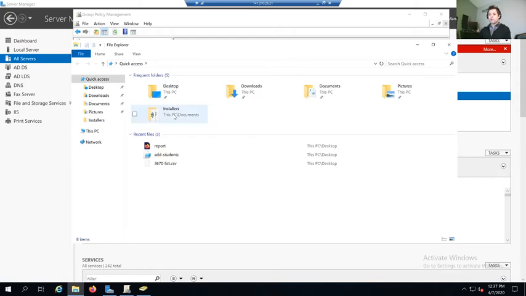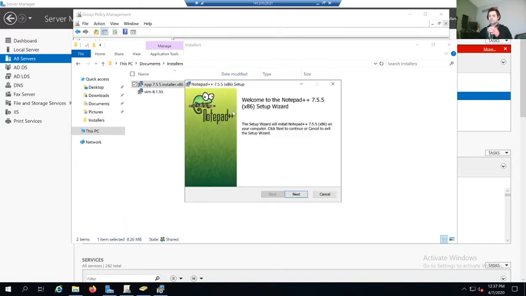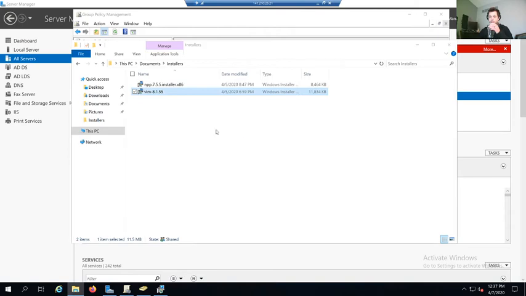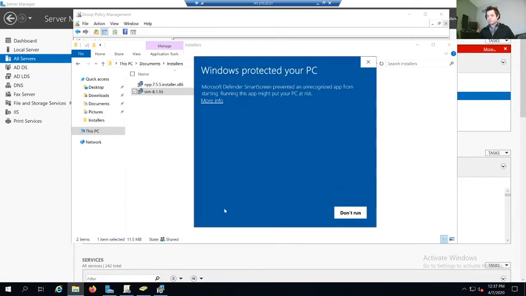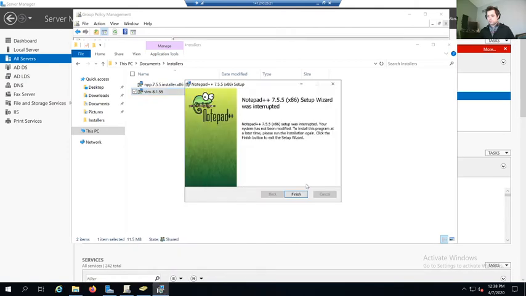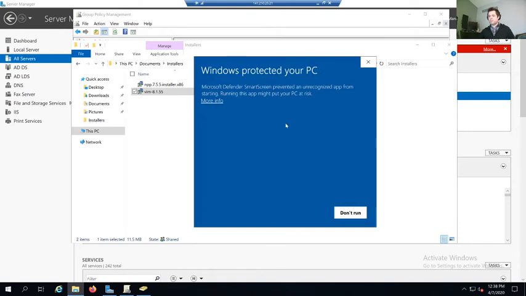But if we go to our installers folder, we see this Notepad++. So straight up installer. We also see the Vim installer. Let's close out of Notepad++. Interesting. Maybe this is the problem. Cancel. All right, go away. Forgot to click finish. All right, so Vim. Maybe this was the issue.